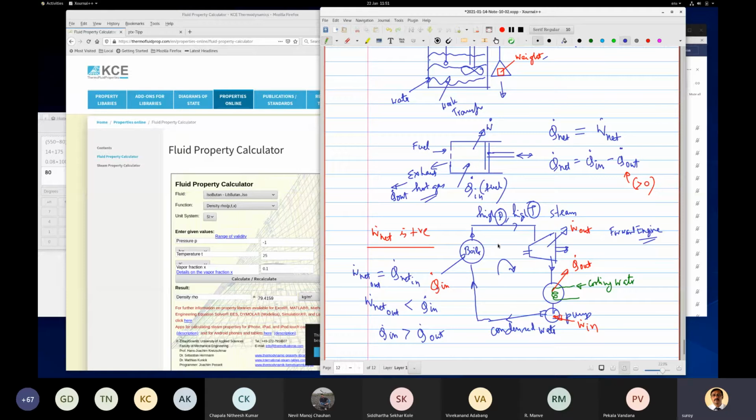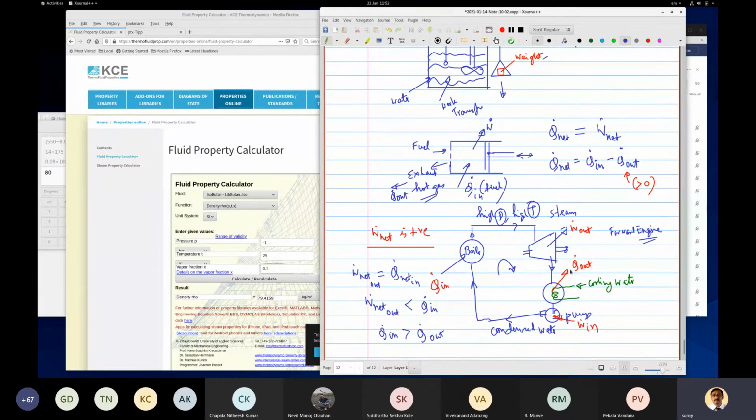So here also, similarly, we also have our power plant. In a power plant, we have several devices. In the boiler, we burn our coal at high temperature and you have heat in. And we also have a condenser where you have Q out. So it has been designed in such a way that you are having Q in as well as Q out.